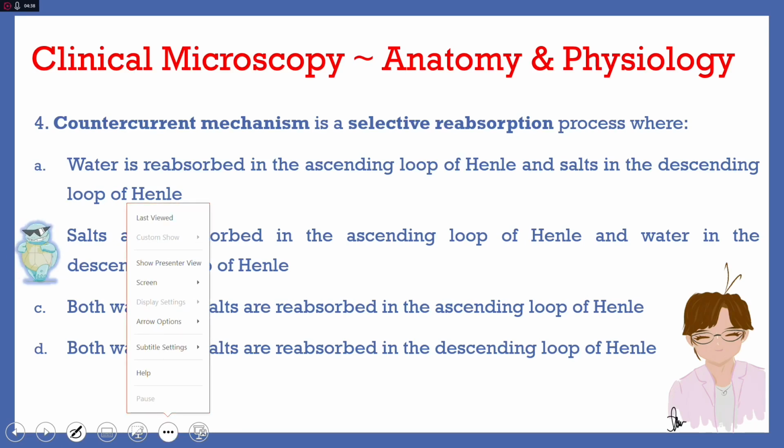For us to be able to understand that better, let us go to our screen here. And let me just show you one more time that our nephrons will be composed of our glomerulus and tubules. So let me draw my own nephron here. Alright? I will start with my glomerulus. This is basically my glomerulus.